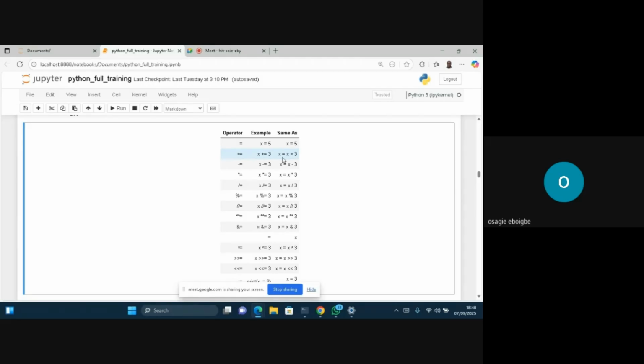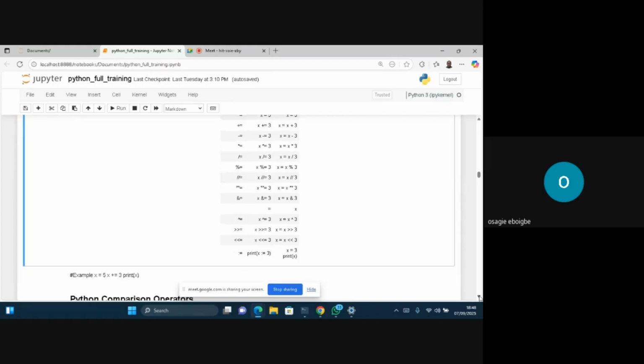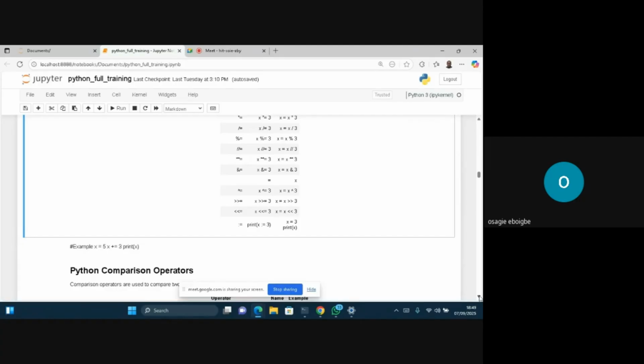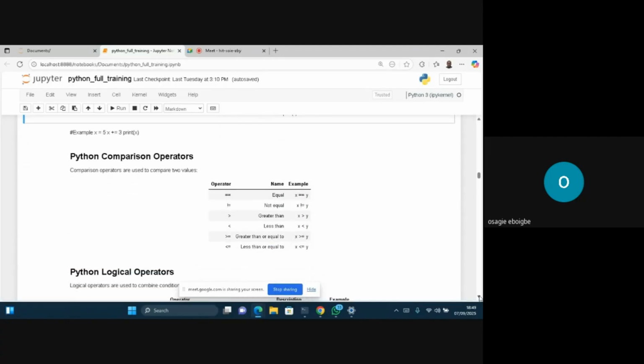This one is incremental. It's the same thing as this operator. So you use your time in understanding what this operator is. As you go along, you will continue to understand what these operators are doing. So these are operators. We can do a comparison of operators too. We are comparing two variables together. So you take your time and go through all these operators, greater than, so the examples